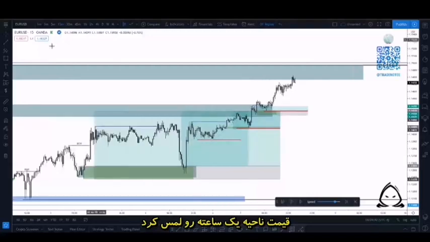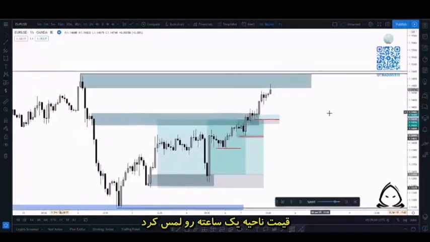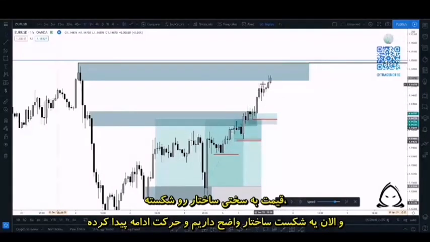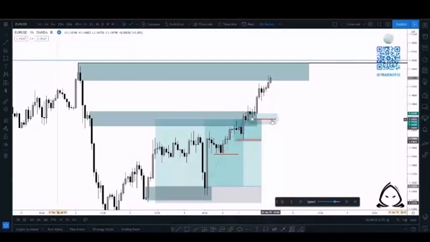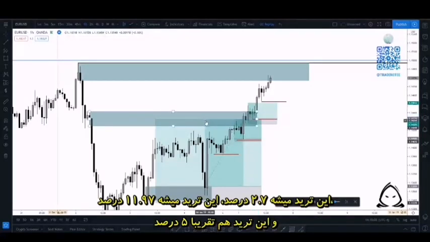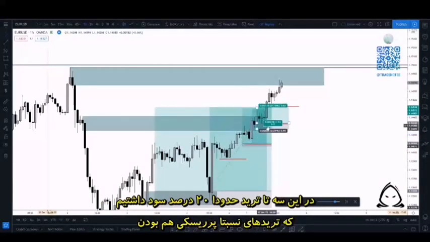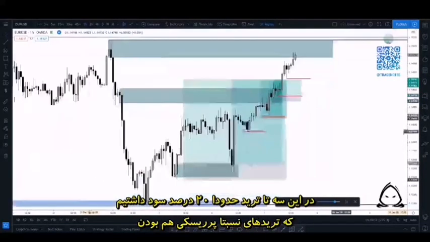See, we've tapped into the 1 hour zone that we looked at earlier, and we can see that we have just barely broken structure. Let's see, so now we have a clear break of structure and a continuation on that, so we can again just move our trade under the low here. So we can lock in this trade to about 2.7%, this trade to 11.97, and this trade to roughly 5%. So we have roughly 17, about 19, almost 20% running on these 3 trades,